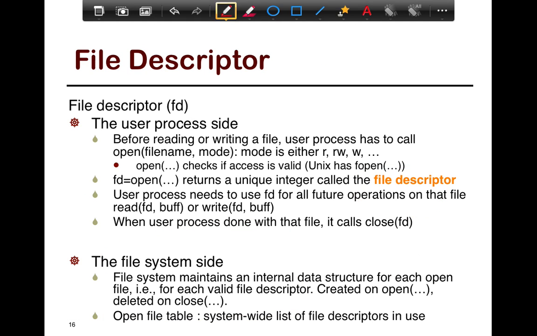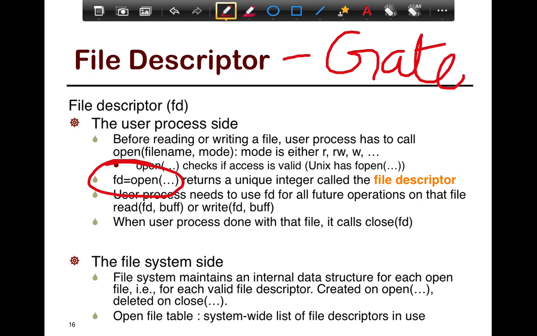The access to a file is controlled through what's known as a file descriptor. So this is your gate. Anytime you want to access a file, you have to create a file descriptor for the file using the following open call. When you do an open, a unique integer is assigned by the operating system to the file and is returned in your descriptor, with the specific read or read-write permissions.